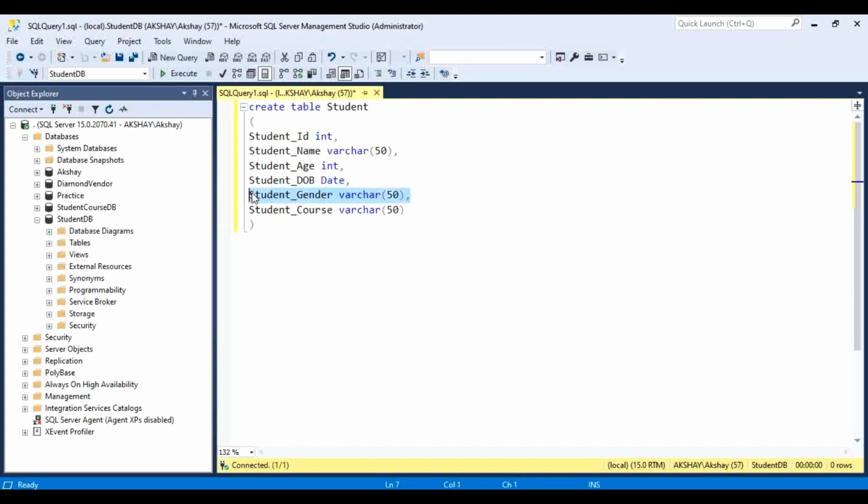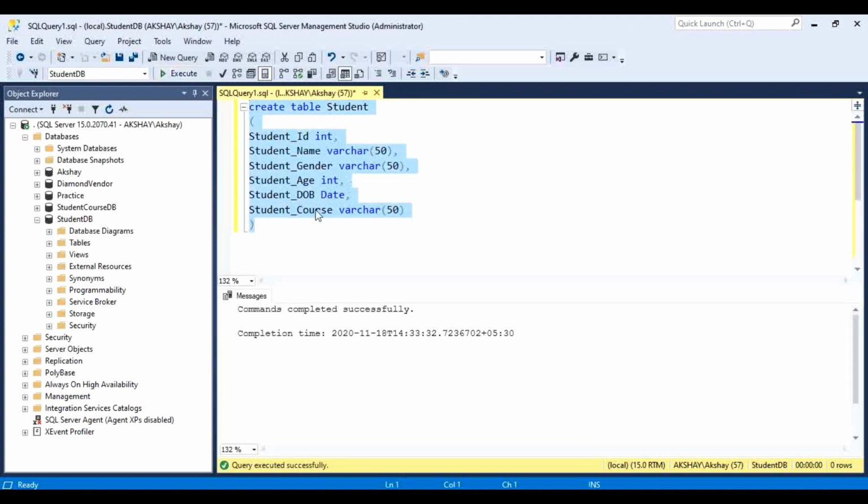And I will take this gender from here, and I will put that after this name here. Okay, so now I will select this and I will execute this query. So our database is created.